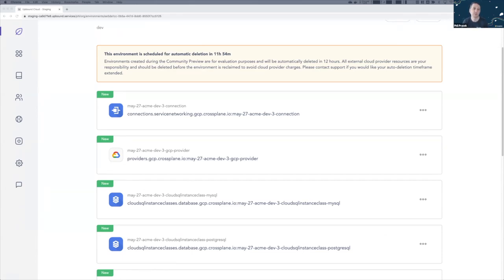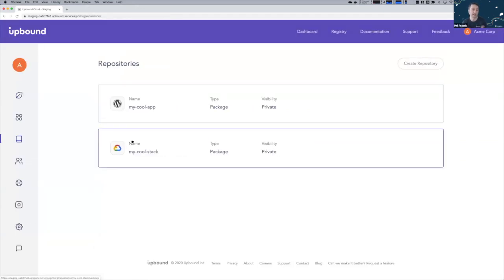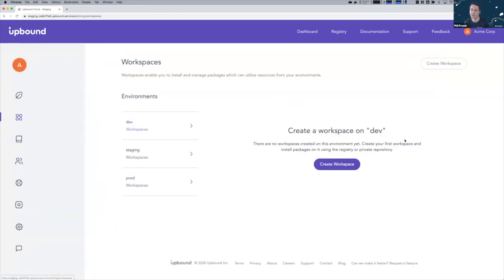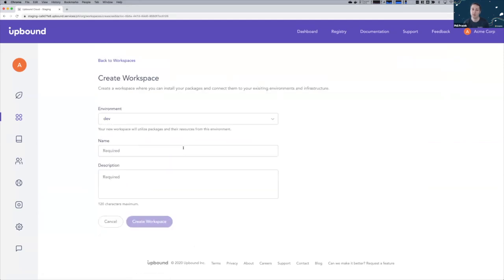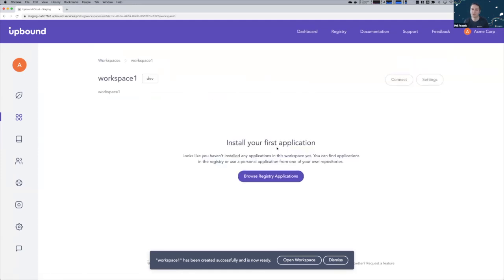And so one of the beautiful things about continuous reconciliation and eventually consistent systems is that you can apply your desired state before all of the resources are ready, and Upbound and Crossplane will keep trying until that desired state is achieved. So we can actually come in here now and deploy our applications into a new workspace on dev, even though that infrastructure has not been fully provisioned yet. So I'm just going to call this workspace 1. And typically these will be created for app teams or service teams that are basically deploying applications into these cloud